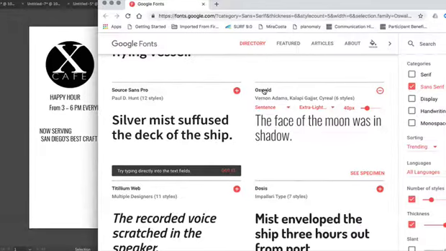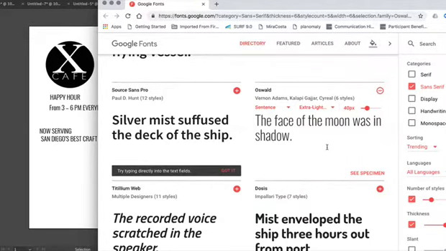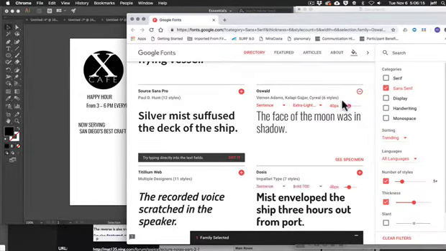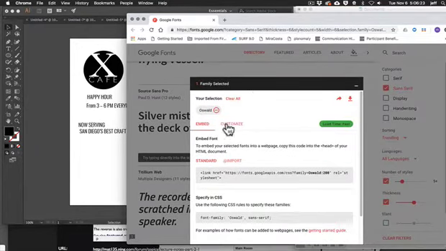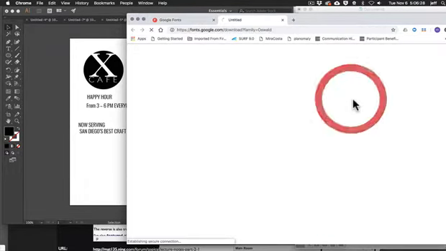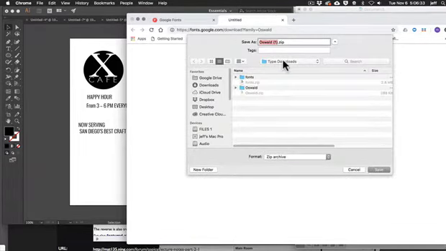Okay, Oswald. And it's a neat typeface because it's got a bunch of different weights. And so once you select that, you can see I've already selected it because it's got a minus on it. But once you've selected your typeface, it'll come down here. It'll say family selected. You can open that up, and then you don't have to worry about anything here. You just say download. It's going to ask where you want to put it. And you go, in my case here, I take my typefaces and I put them into a folder called Type Download. You can put it wherever you want.